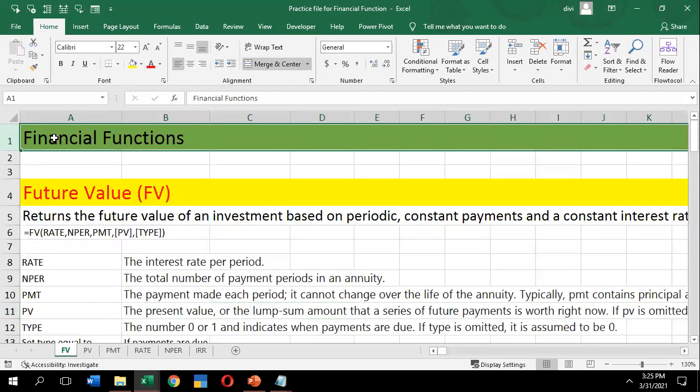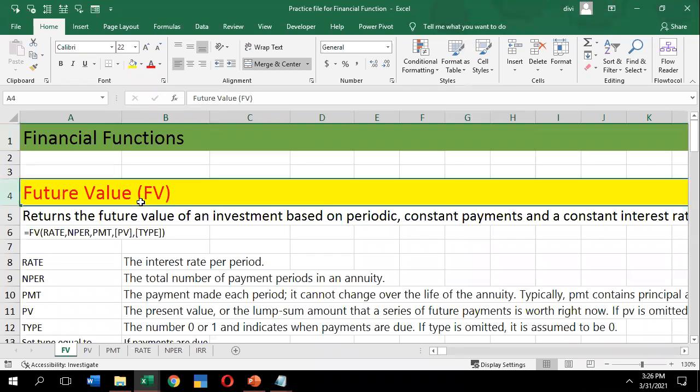Okay, we'll finish this together, and we need to analyze this very carefully. See, in financial functions, we have PV, FV, that is present value, future value, and rate, that is the interest rate per period. So I'll just give an explanation over here. We'll follow one by one, explaining one function at a time. First, we'll go with FV, that is future value. If I have an amount, an interest rate, and a period, and I want to find out the future value, you can use this FV function.